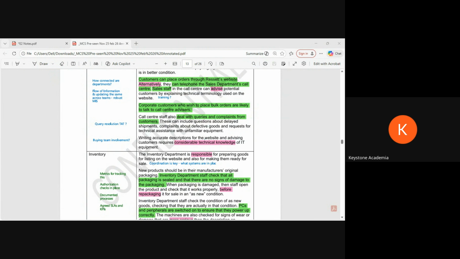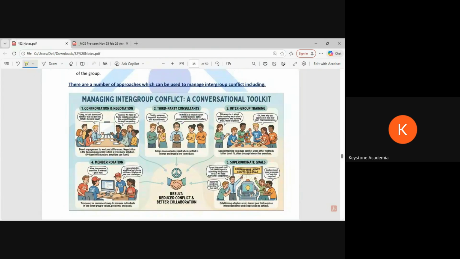Clear? But the answer remains the same. Your headers, you can always use these, whatever question they ask, using the conflict. It's mostly for the team, but as an individual also, some of the points can be used. Mostly they'll ask for the team, for a group. Clear? Akshay, Abhijit, Wali.